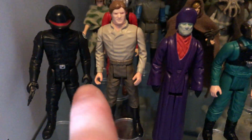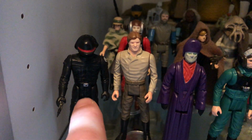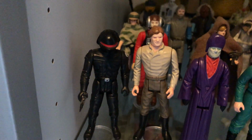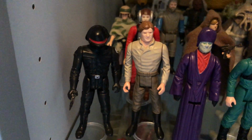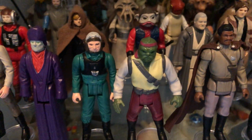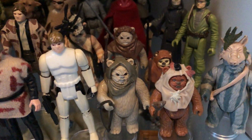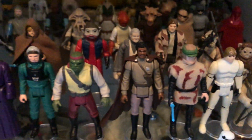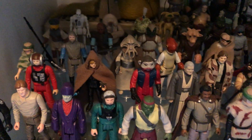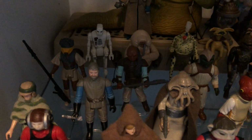These are all new additions with the exception of the Imperial Gunner, which I did actually buy at the back end of Return of the Jedi, probably about 1986. It was in a bargain bin at Woolworths, I remember. But the rest of these I did not have on this front row. These have all been pickups over the last few years. I've been steadily touching up the collection over the course of probably 20 years really, but from that point backwards the vast majority